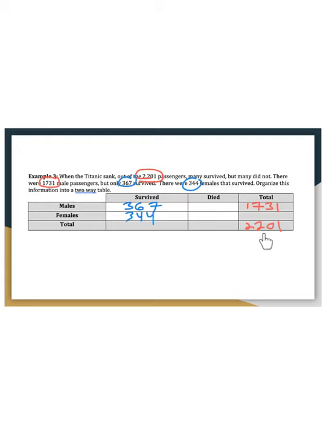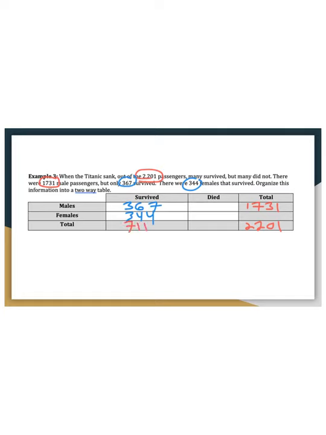Again, we had a total of 2,201 passengers. For our total males, there was 1,731. 367 males survived and 344 females survived. All right, so we can start to fill out some more numbers here. I can get the total number of survivors by adding my joint frequencies of 367 and 344. And if I add those together, then I'm getting that there were 711